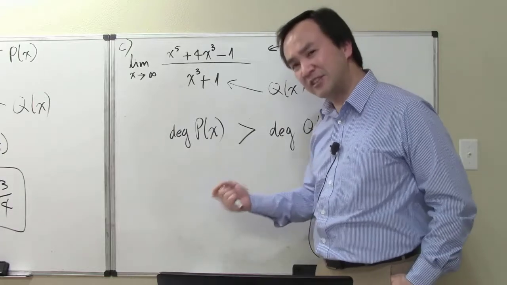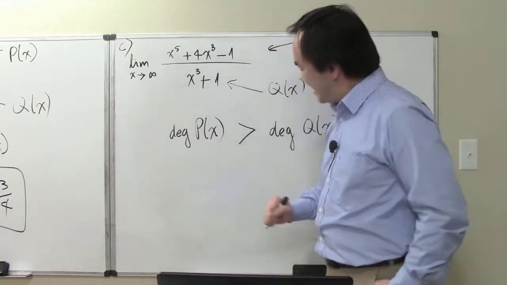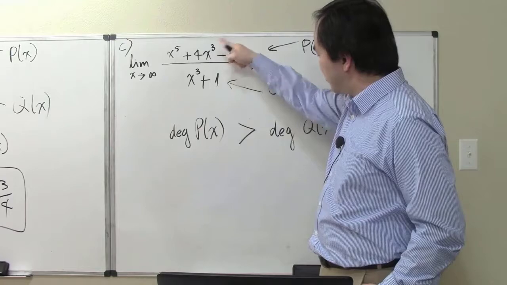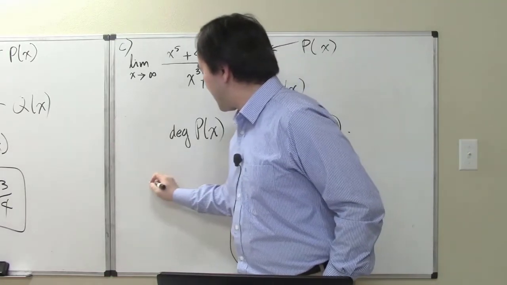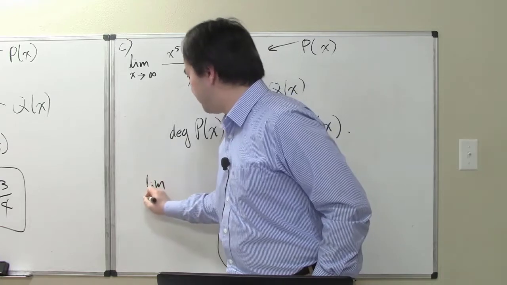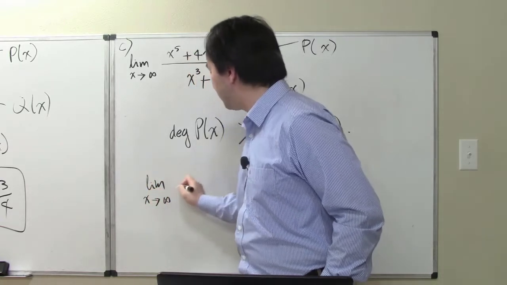But it's still faster than going through a whole bunch of algebra. So the degree here in the numerator is higher than the degree in the denominator, and so that means we won't have a quick answer yet. But instead, I'm doing this. The limit of the original problem,